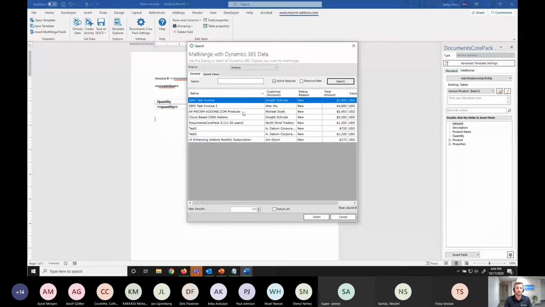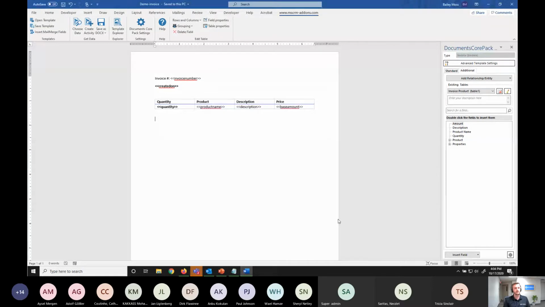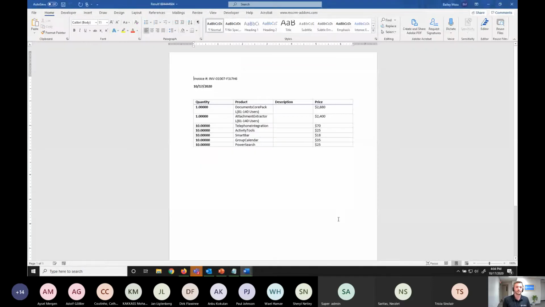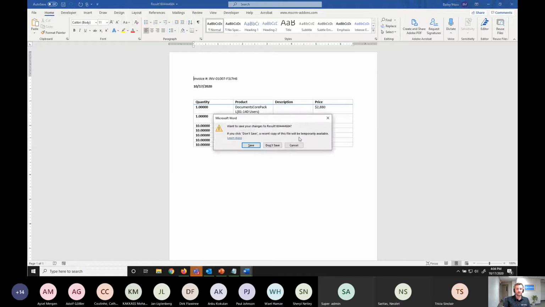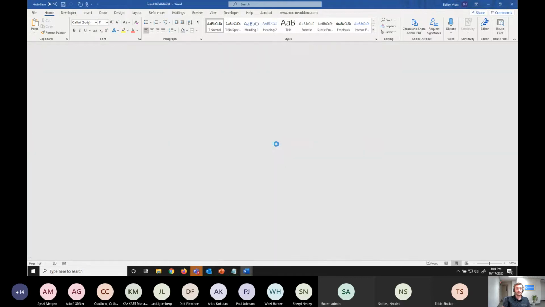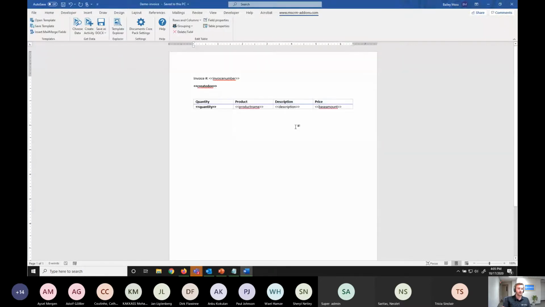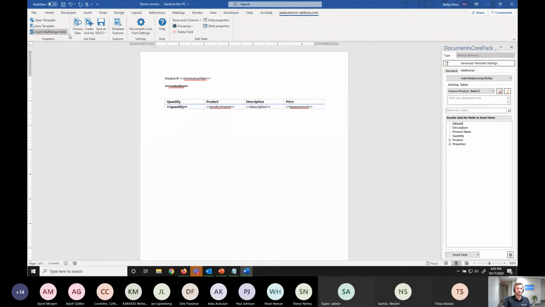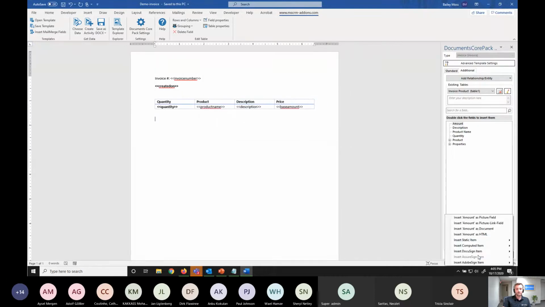You can use saved views. In this case, I'll do all add-ons and just see what this looks like as a test. This should give you a good idea of what the end template is going to look like. Yeah, you can see it brought in all the products. One thing we can add is some cool functionality that's shown in the invoice template that I showed through the flow. Say I wanted to add a total amount, you can either use a calculated field through us to